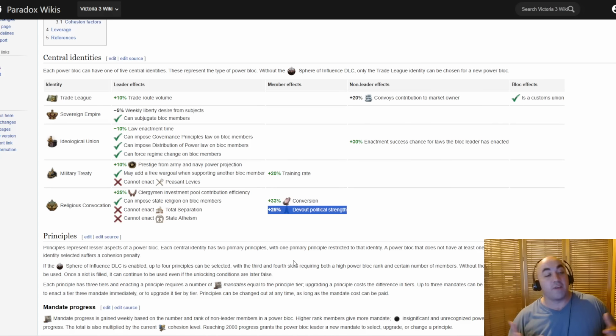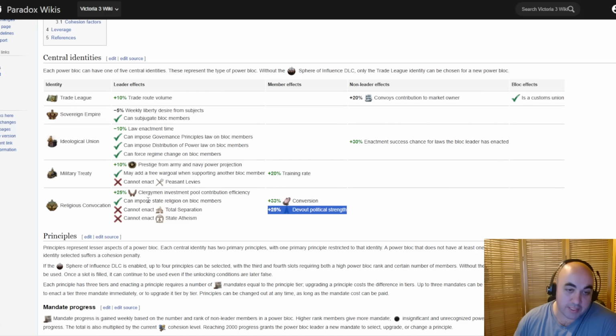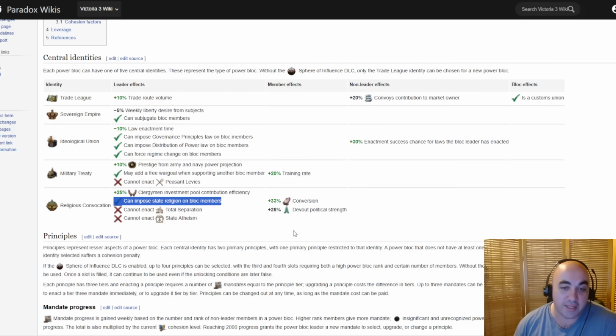But the problem is devout is really bad for passing good laws, and so the main reason to go religious convocation is roleplay, because you can impose state religion on bloc members, and so you can look to convert everyone to your religion, and this is going to be the main reason you're ever going to want to do religious convocation. You also have this conversion rate, and your statute gives you minus penalties from turmoil, which, while this